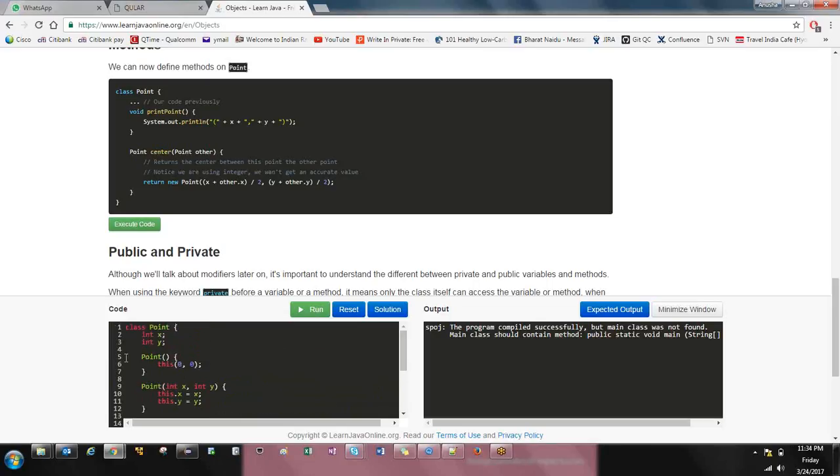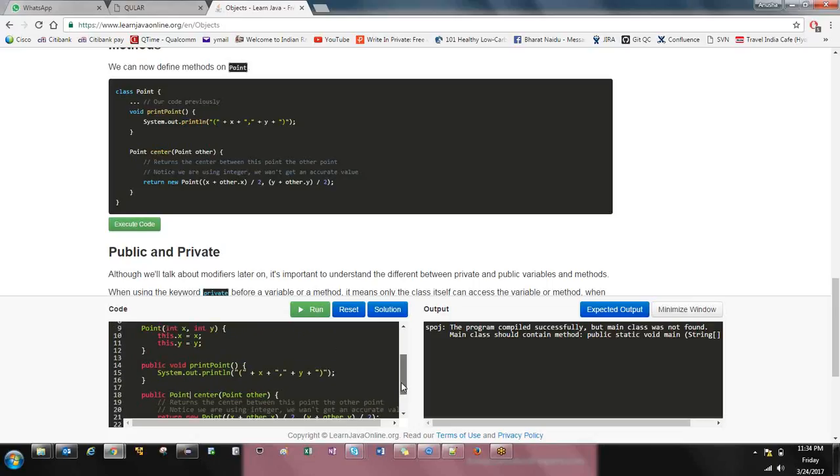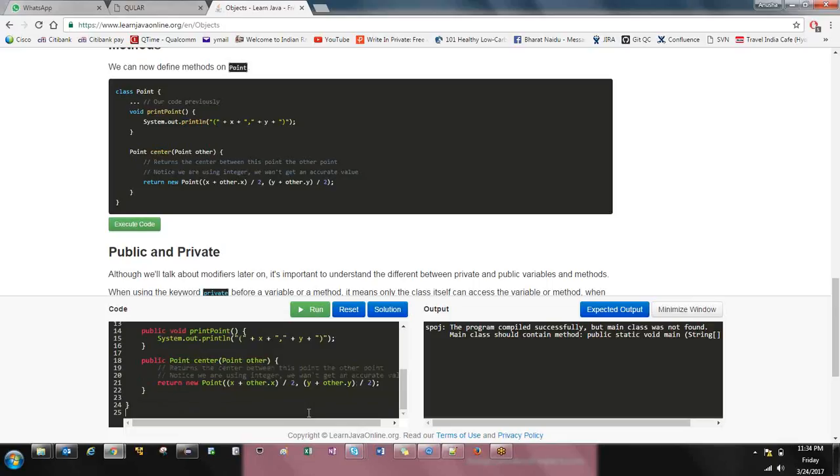Basically, in a class we can have all these variables, constructors and methods, whether they are public or private, and whatever they might be returning, void or the point itself. Now, for the class,